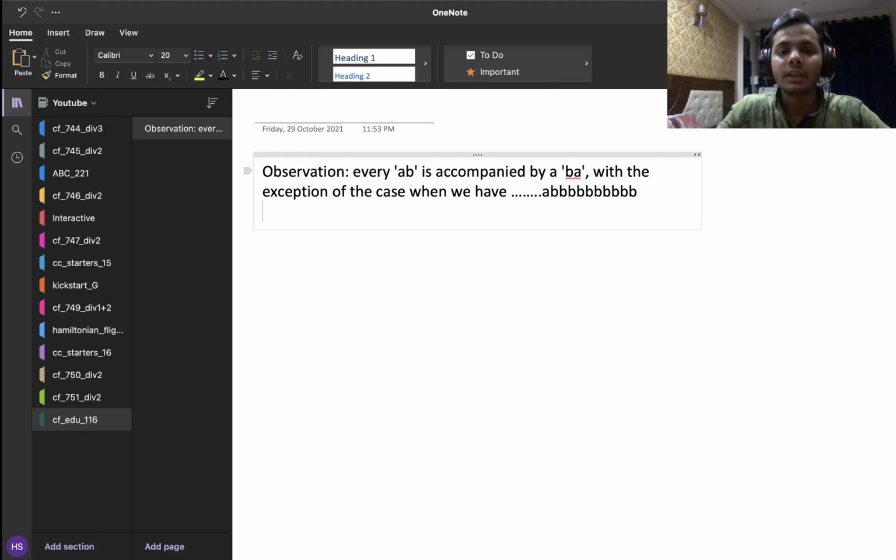And a similar case can be made for BA, right? Every BA is accompanied by an AB because I have a chain of A's, and once the chain ends, I will get a B. But the only case where that is not going to happen is when the chain ends with the end of the string. So that just means that every BA is followed by an AB, but it doesn't happen when the string ends with a chain of A's, right? So what we can observe from here is that the difference